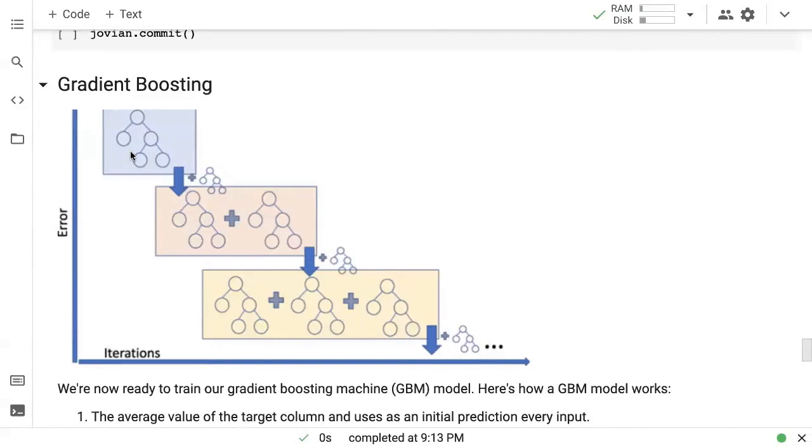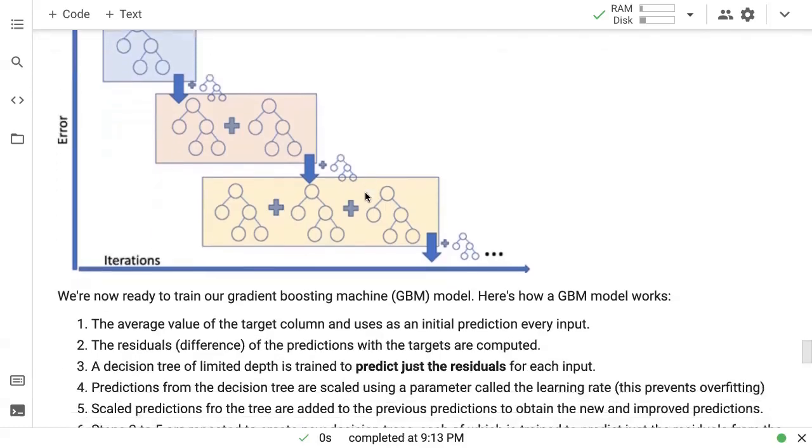But of course, we're still not perfect. We still will not have a perfect model. So then we train another decision tree to compute the residuals that were obtained after taking the result of the original guess and the first decision tree. So that second decision tree is trying to correct the errors made by the first decision tree, and that reduces the error further. Then we train another decision tree, and that attempts to correct the errors made by the previous decision tree. Okay, so that's how gradient boosting works.